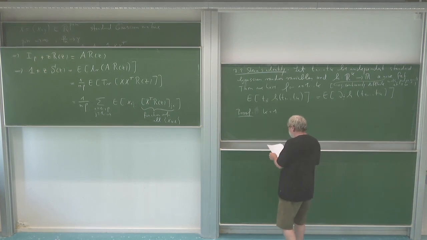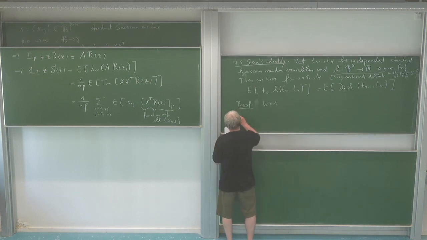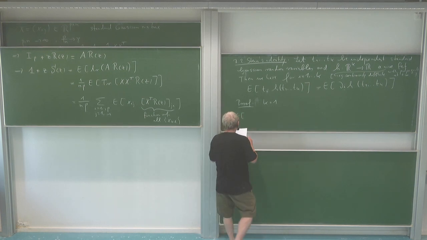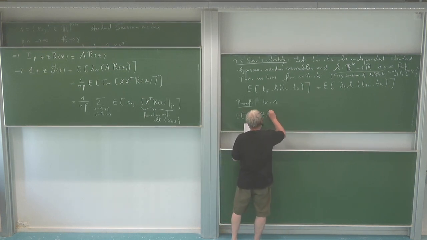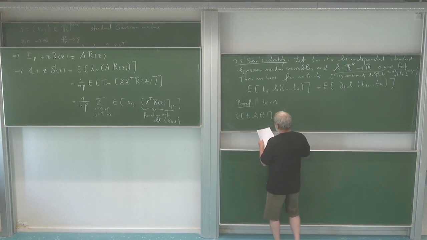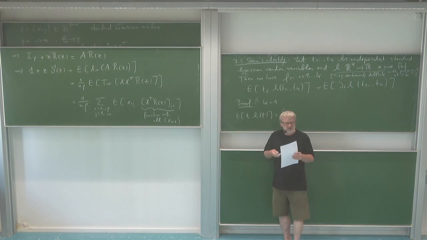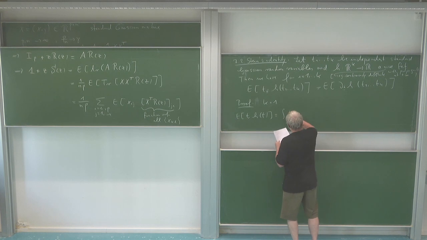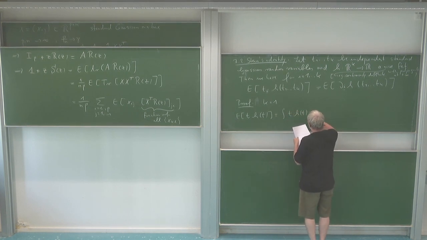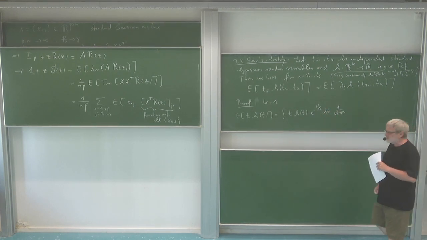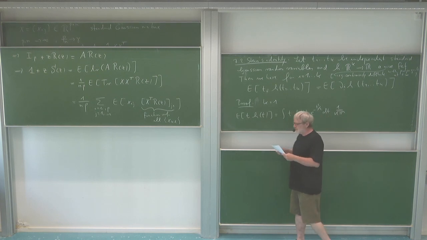Okay, but maybe let us look on this. In a one-dimensional case I have just one variable. So I have t, and then I'm multiplying with a function of t. And what is this? This expectation is with respect to the distribution of this, which is the Gauss distribution. So what I have here is t times h of t, and I have to integrate with respect to the e to the minus t squared over 2 dt times 1 over square root of 2 pi. So I'm integrating this thing with respect to the Gauss distribution.